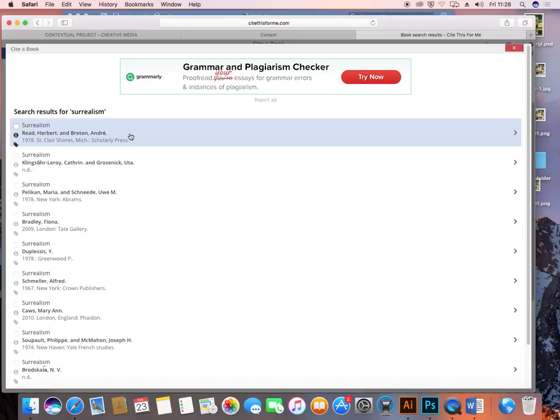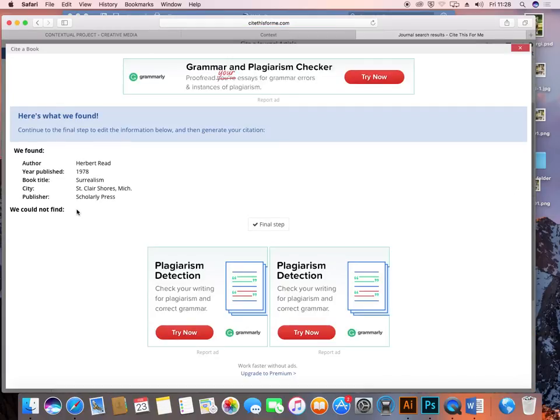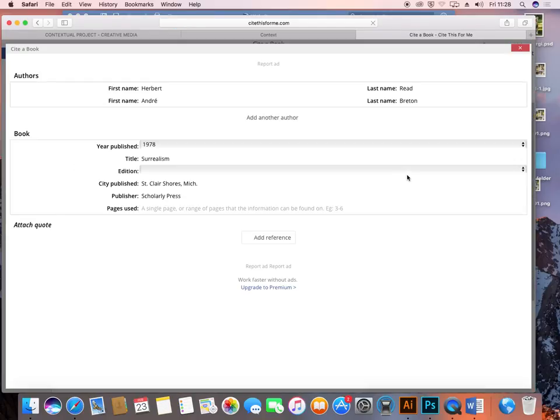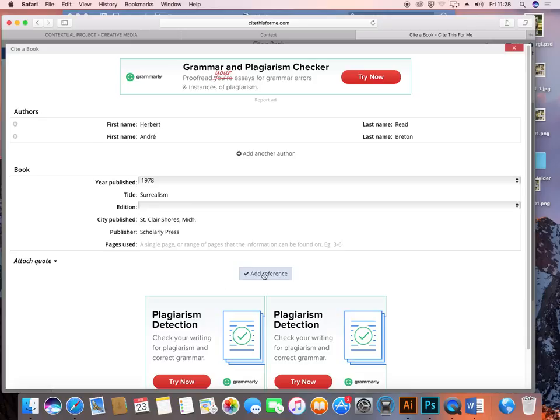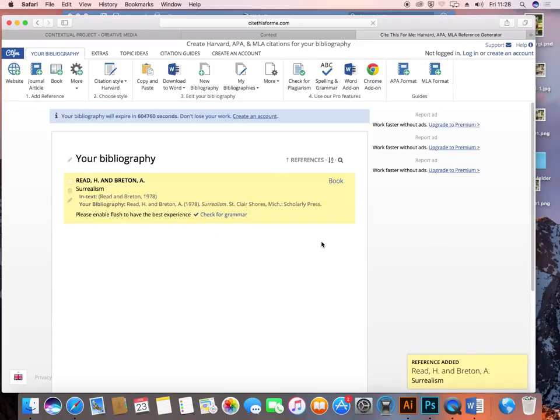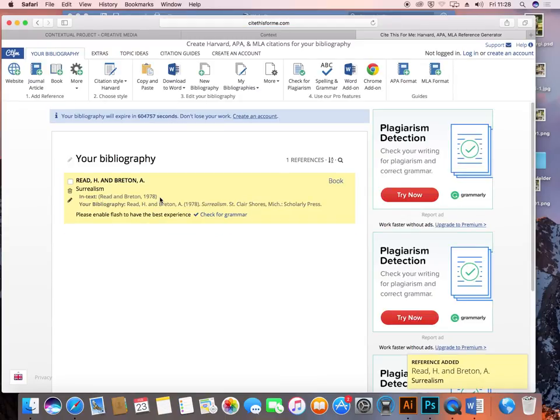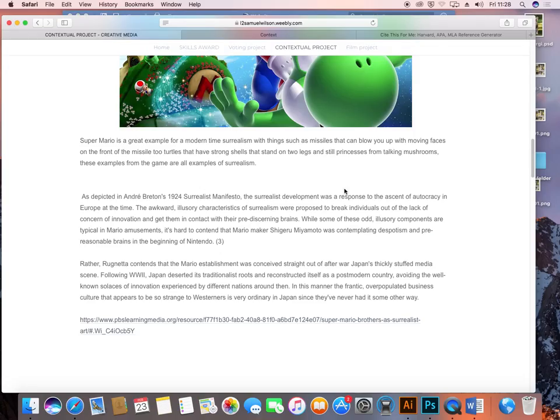This one actually has Andre Breton as one of the authors, so it should be pretty straightforward to create a reference based on this. There's a chance for you to add some information, but you don't necessarily need to. And there you go. You've got your in-text citation, Reed and Breton, 1975, and your bibliography should look like this, a long list of sources that you've used. That's what I'm looking for.